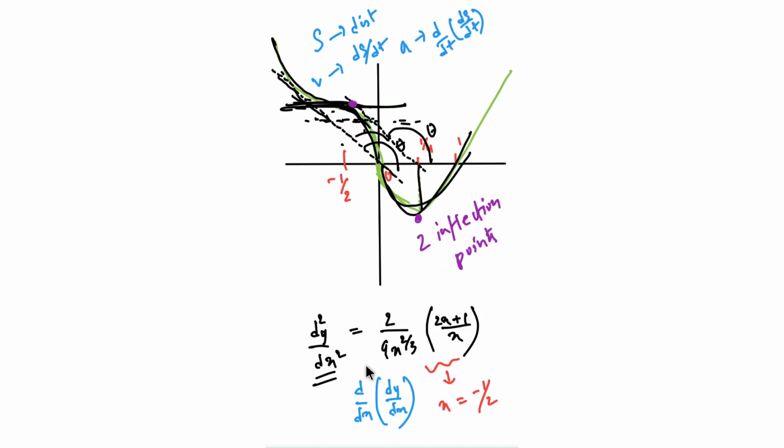D square y by dx square equal to 0 doesn't mean that we are changing the graph in this way. We don't change the graph in this way, we change the graph only for dy by dx. But here the rate of change has decreased to 0, because once you see it is a negative tangent, it becomes 0, the slope becomes 0, and once again it became negative. That means there's only a change from negative to 0, but not an actual change. So that's the point where we get d square y by dx square to be 0.